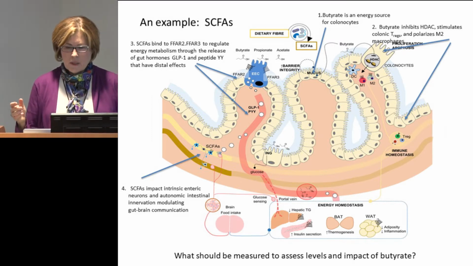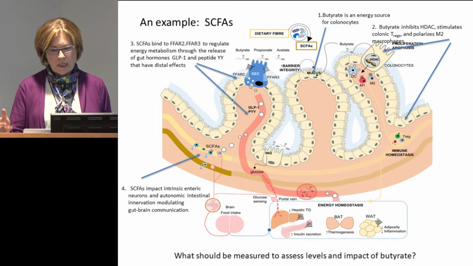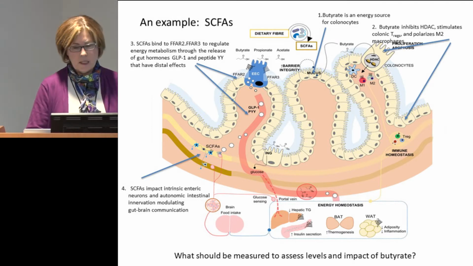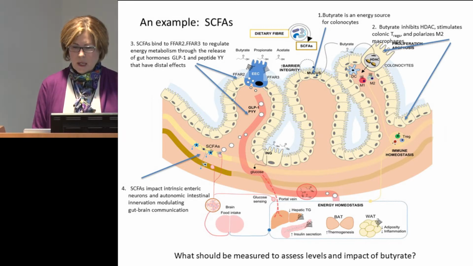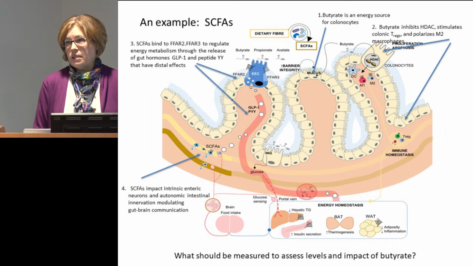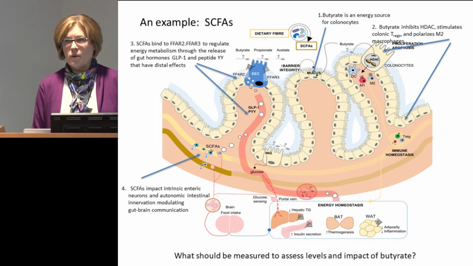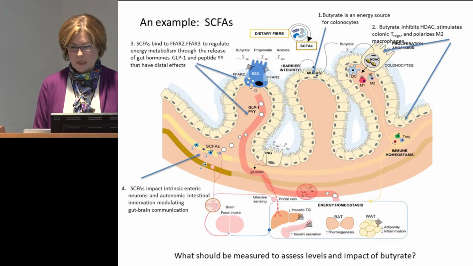Butyrate inhibits histone deacetylase. It stimulates Treg cells in the colon, and it polarizes M2 macrophages. These are all thought to be important outcomes, very much focused on the impact of butyrate on immune function. Is that something we should be measuring? Maybe we have to measure it in the colon, though, and then all of a sudden that becomes really not